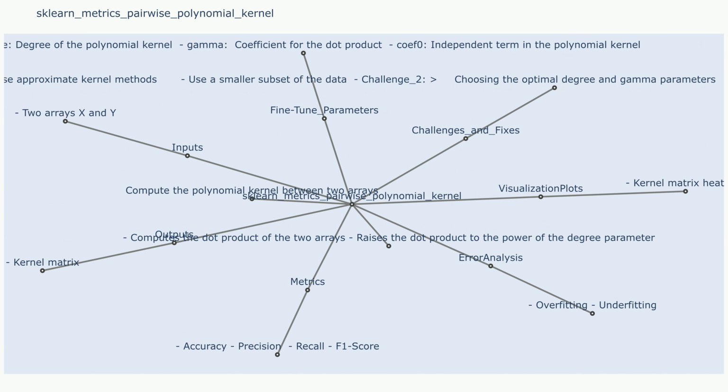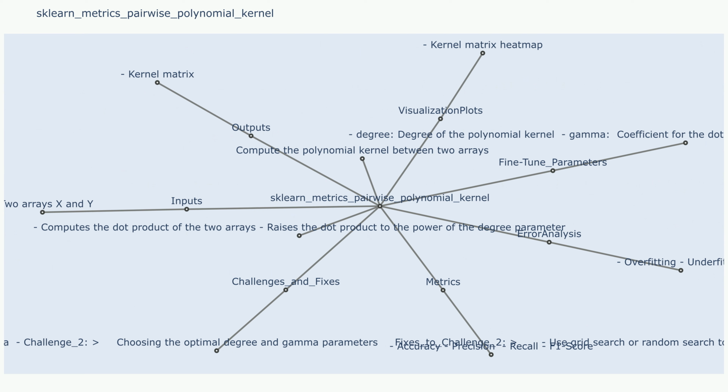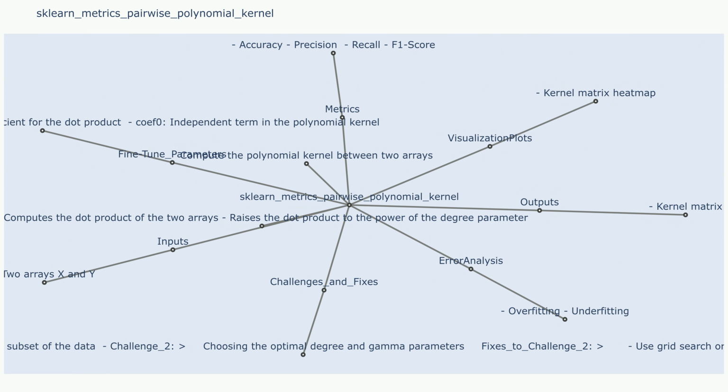Metrics. Accuracy measures the proportion of correctly classified data points. Precision measures the proportion of correctly predicted positive cases out of all positive cases predicted. Recall measures the proportion of correctly predicted positive cases out of all actual positive cases. F1 score: harmonic mean of precision and recall. AUC: area under the receiver operating characteristic (ROC) curve, representing the ability to distinguish between positive